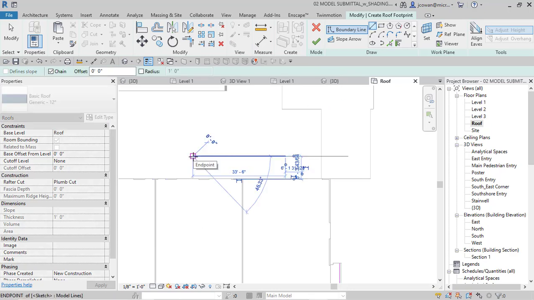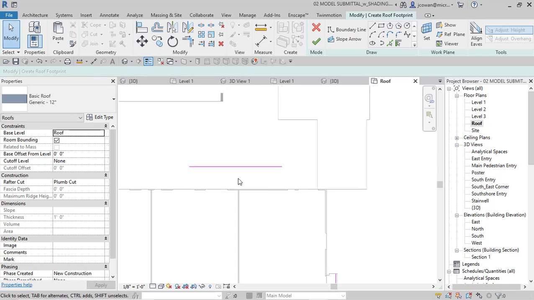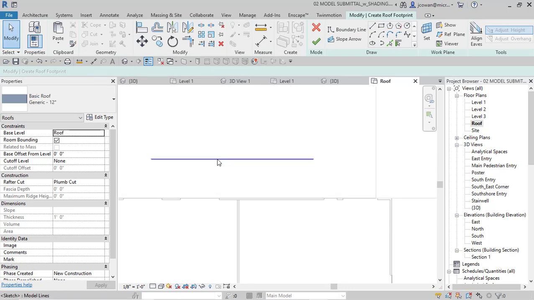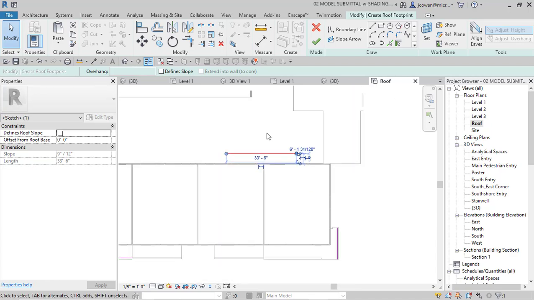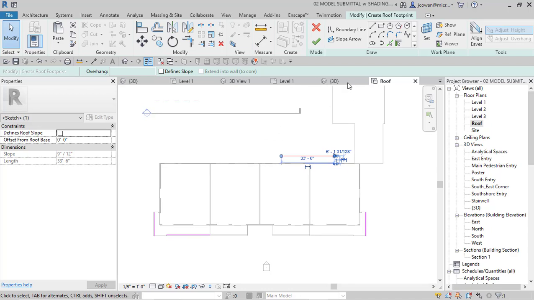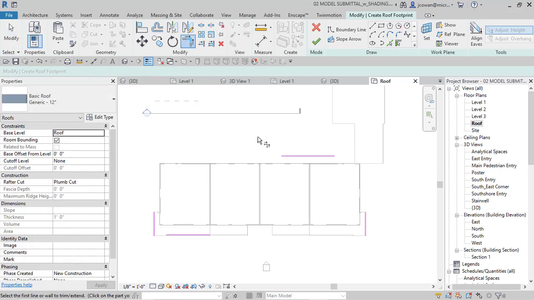It's 5 feet from the face of the model, so 5 feet. And then I've got define slope switched off, and I'm just going to use trim TR to clean up the